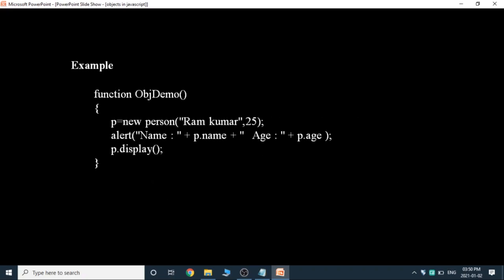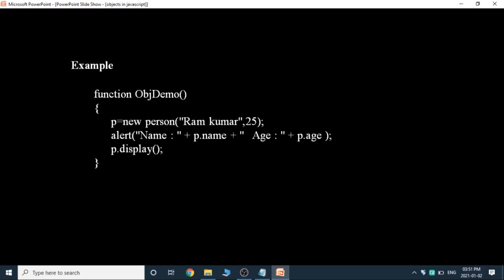This is an example for objects, function objectDemo. Here in the function, I'm using p. p is an object of a class, Person. p equals new, where new is a keyword which allocates memory for p, new Person.